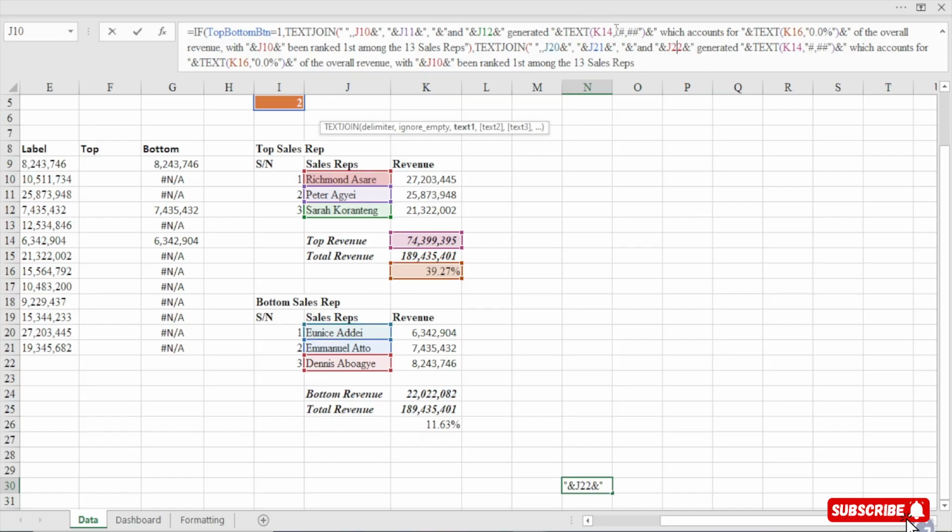We don't want to write it again. That's why we are just copying it and then removing it like this. So this K14 should be this. So this one will be what? K24. So this is going to be K24. So you see this one will be selected. You see that? Perfect. So you have the formatting. So this K16 is targeting the percentage. So we are just going to make sure it is K26. See, now this is selected.